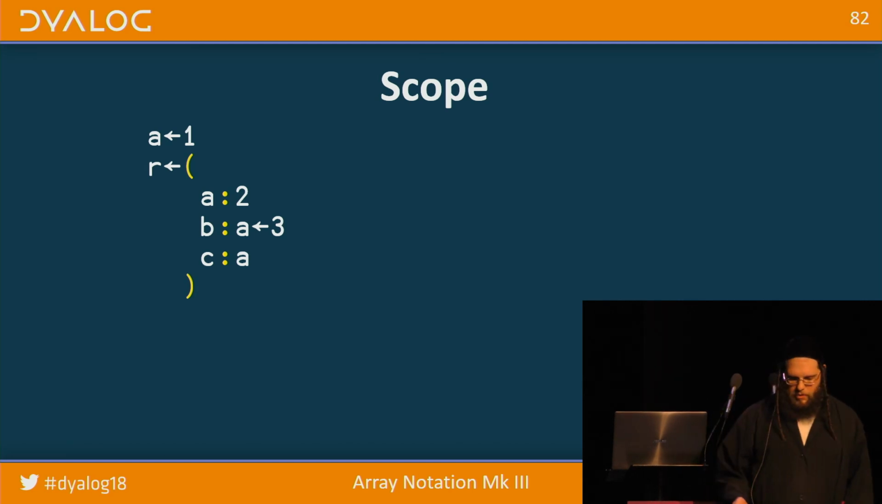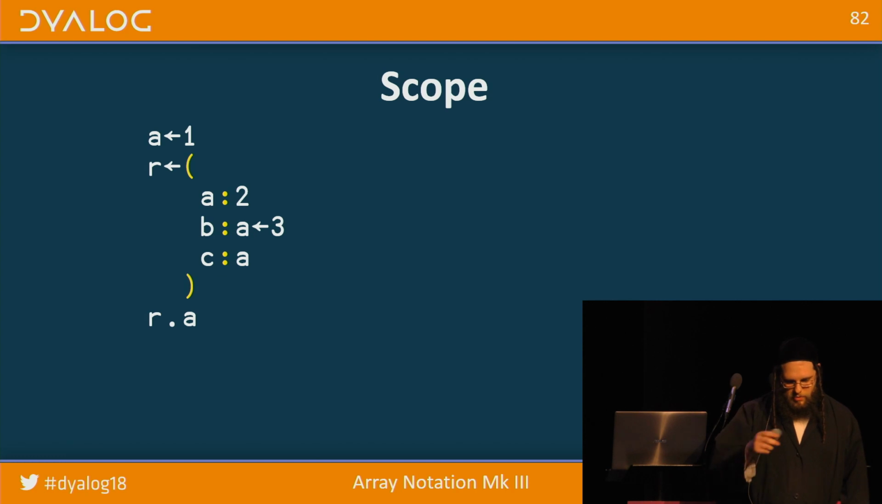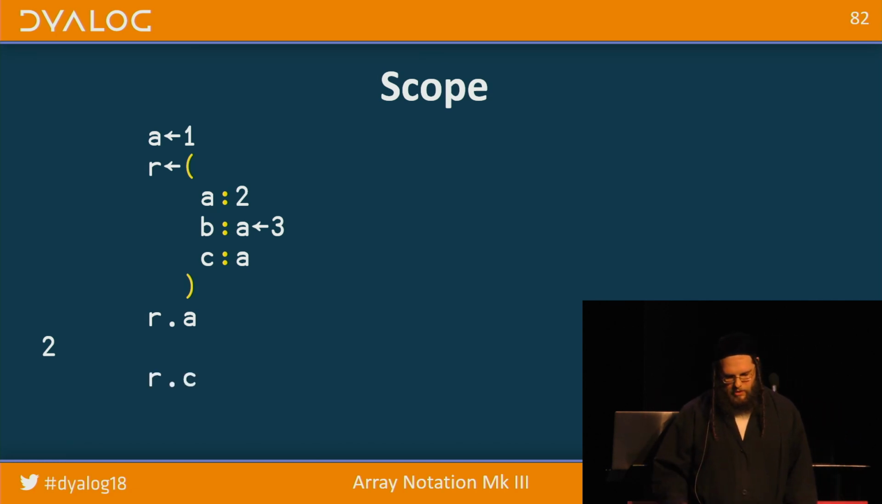I'm going to very quickly go through this because there isn't enough time. There's a little bit of a question here. What do you do with the scope? What happens if you use the same name over and over again? So what is r.a? Because we've both declared an a and assigned to an a and used the a from outside. So it is as if